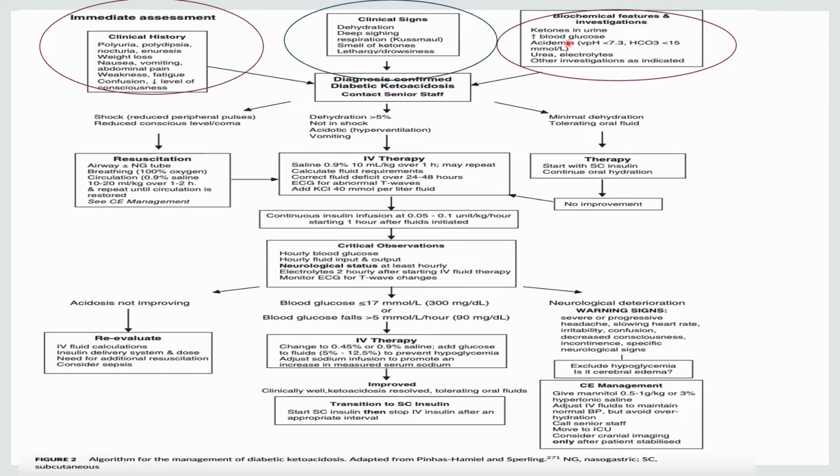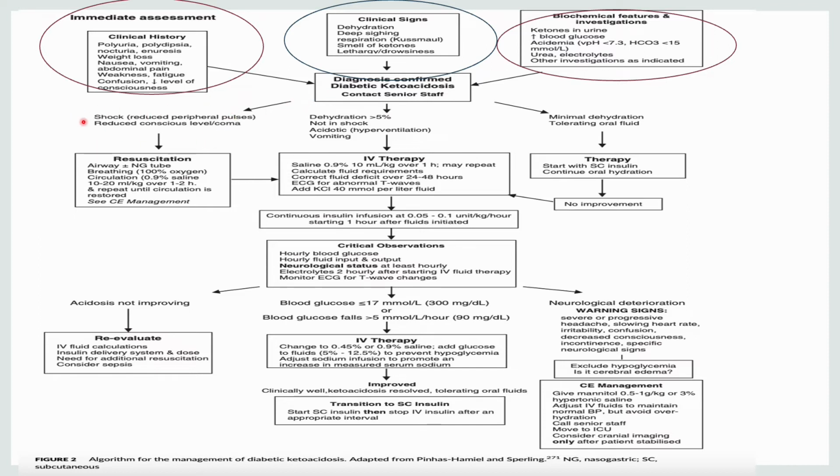It will take about 10 to 15 minutes for the blood glucose and VBG report to come. You can do blood glucose by glucose strip and ketones by urinary ketone strip, so you will get an idea that this is a case of DKA. And when you have the report of pH, then you can document that this is diabetic ketoacidosis. So now you have confirmed the case of diabetic ketoacidosis, and you have to assess for shock.